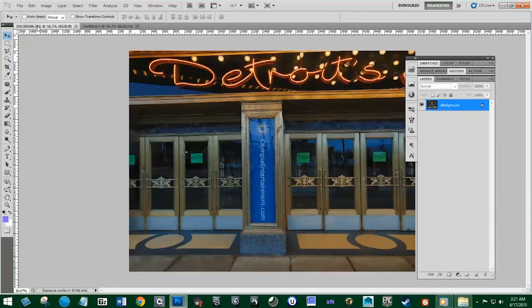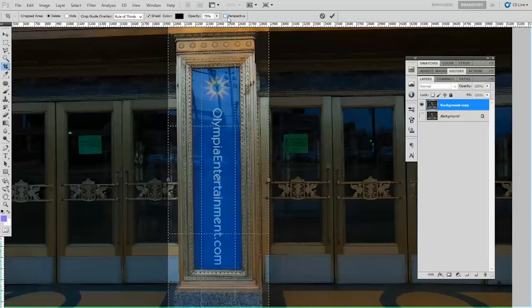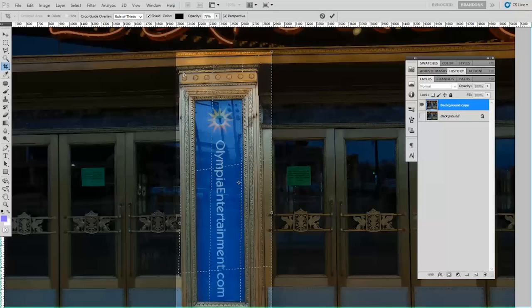What we're going to do here is basically crop this, but make sure when you're cropping you have perspective on, because this will crop a picture that's shot on a little bit of an angle into a straight flat picture. So what I'm doing is I'm taking the corner. If you're not in perspective, you can't grab just the corner. You can't manipulate all four corners. So taking the corner and placing it on this edge between the top line and the vertical line, and then I'm going to take the other corner and place it in the same place,